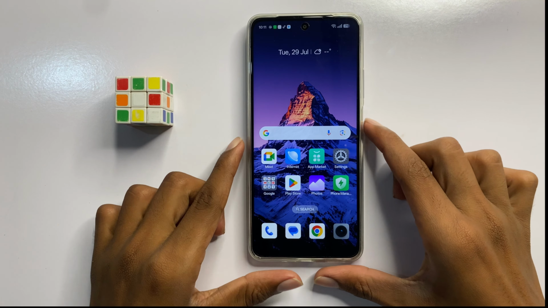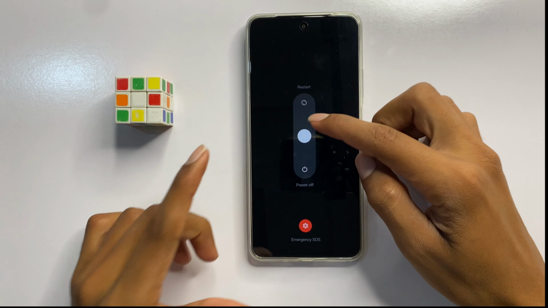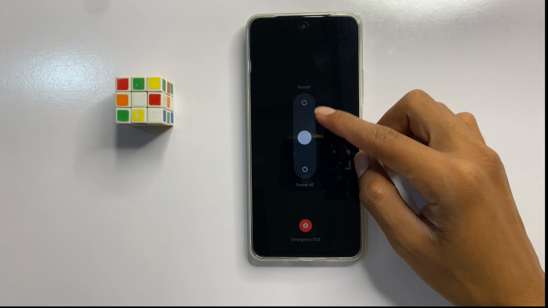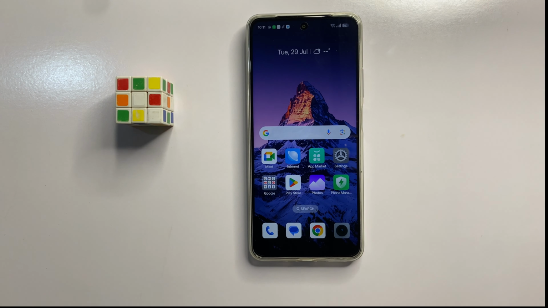To restart your device, press and hold the power button and swipe up to restart your device. After doing these steps, your problem will be